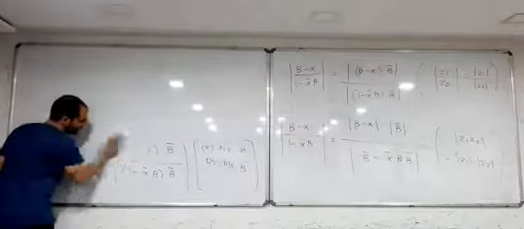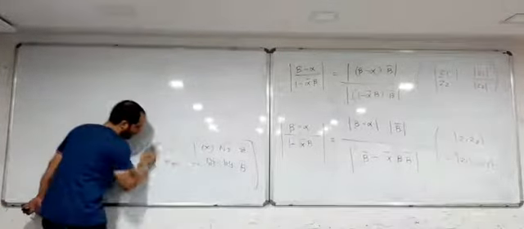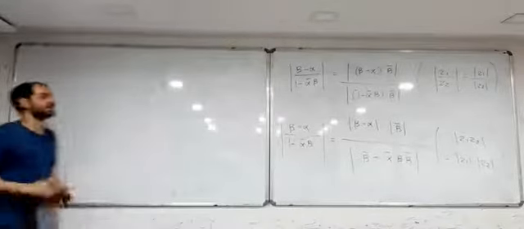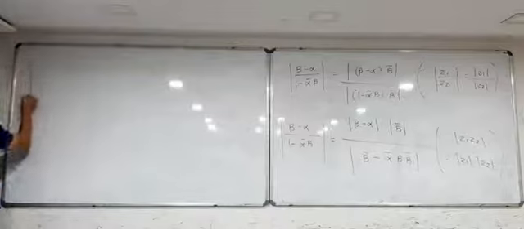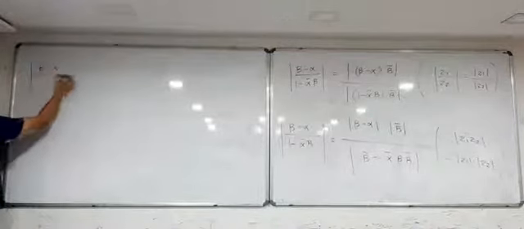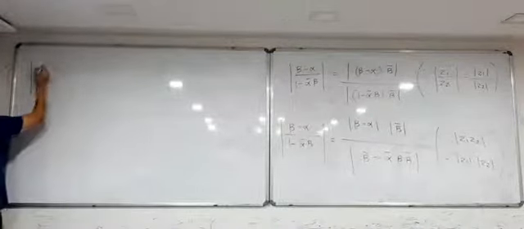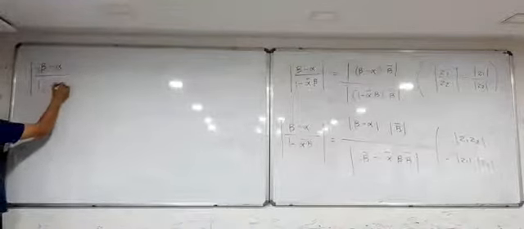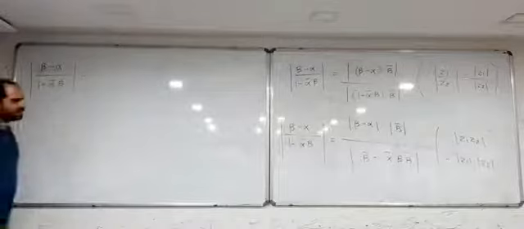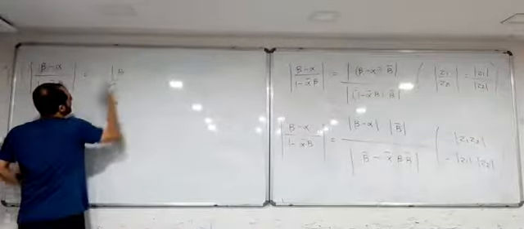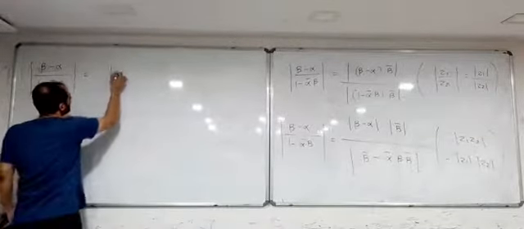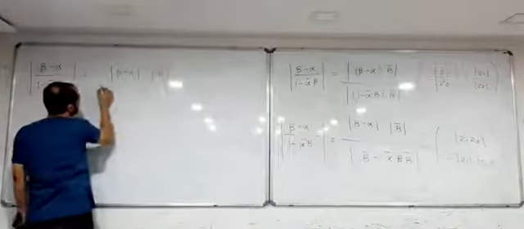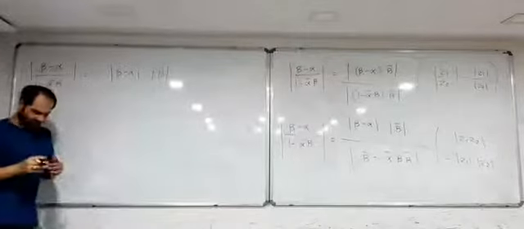So beta into beta bar is mod beta square. For this I multiplied the numerator and denominator by beta bar. So magnitude of (beta minus alpha) upon (1 minus alpha bar beta) is equal to, we will keep this as it is, magnitude of (beta minus alpha) into magnitude of beta bar, whole upon